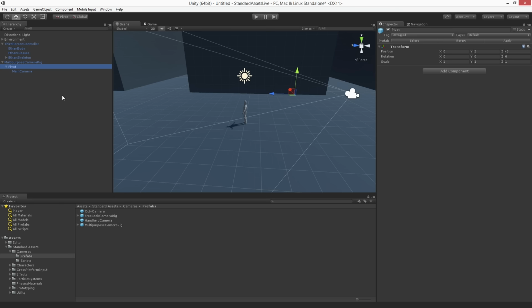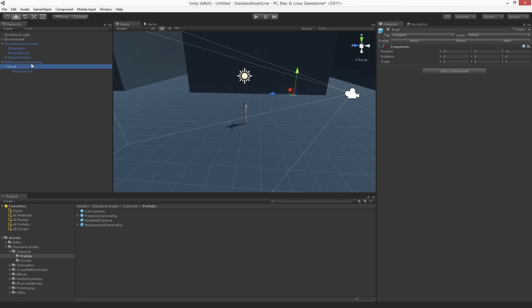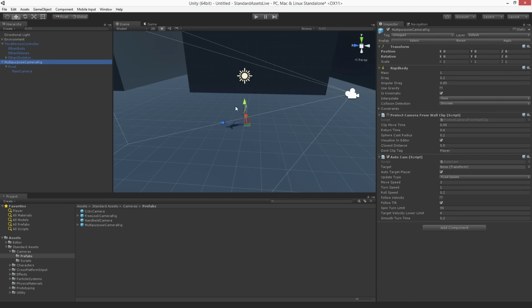So it's behind and up. And then the camera is a little bit further back still. So the rig is actually right here, right on top of the player, and that's because the rig is actually going to follow the player, and the camera is going to rotate and try to keep the player in view. So what we need to do is tell the rig what to follow,